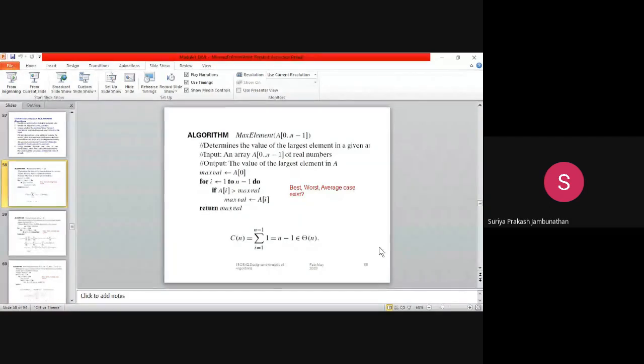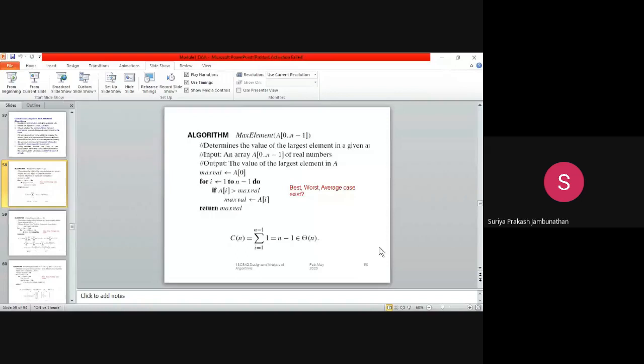So you have to determine what the problem is written for, what the input is for that particular problem, and what the output is for that particular problem. All these things you have to decide. This is very important while you are writing the algorithm. Whatever algorithm you write in the examination, you have to write the purpose of the algorithm, the input for the algorithm, and the output for the algorithm.